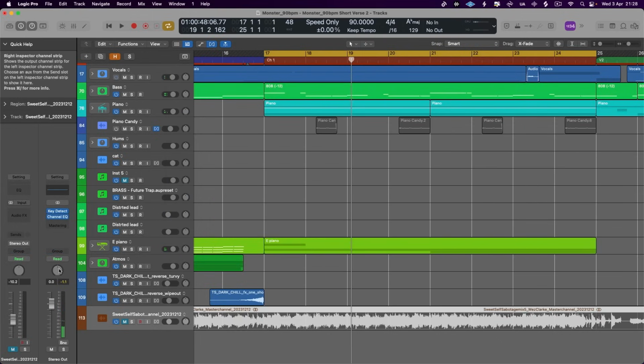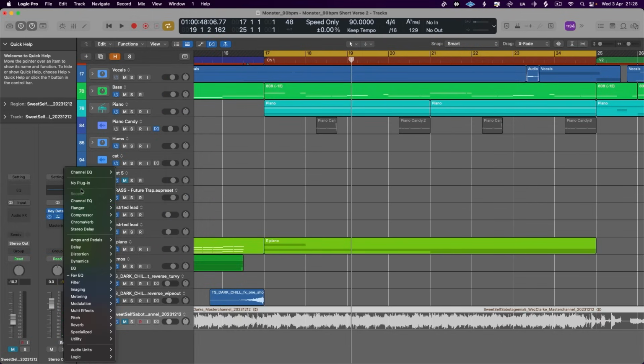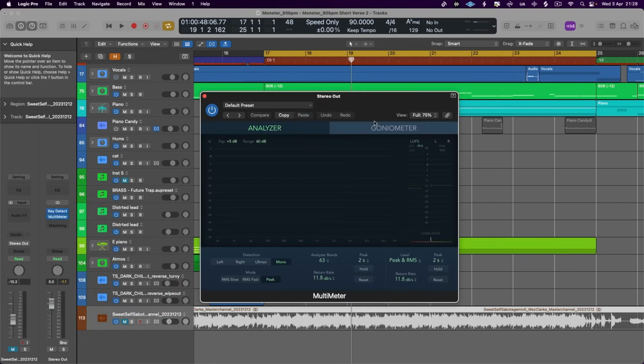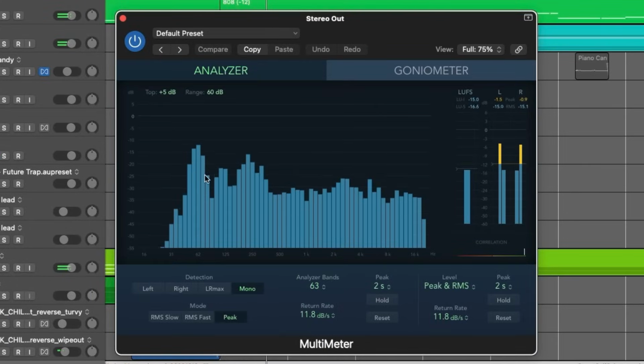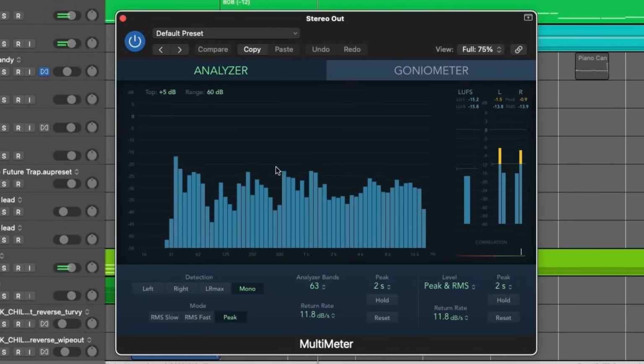And we can look at it this way. This is the most simplistic way, and it's not the most accurate. So we can go to our metering, which I recommend, and we can pull up our correlation meter or our multimeter. So multimeter is going to be